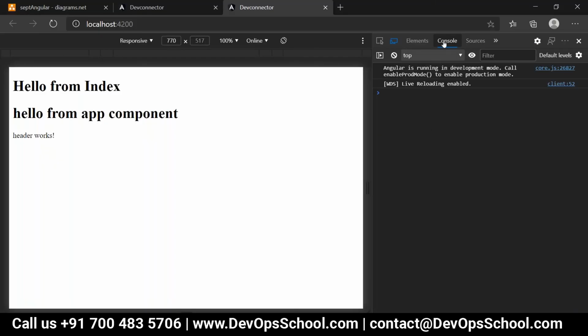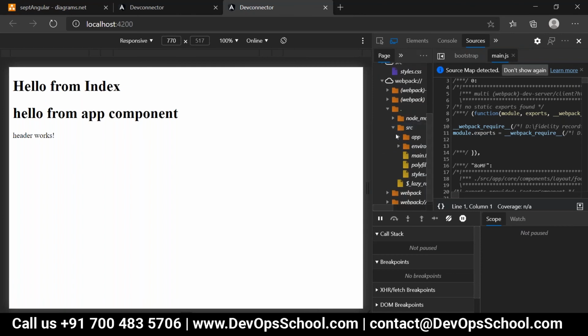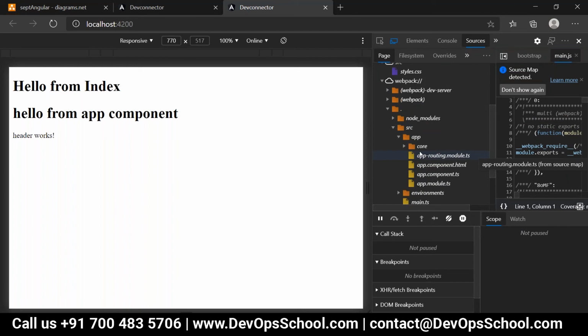Okay. Now, people, one more thing. Where are the sources? SRC, not Webpack, dot SRC. I'll expand the app. Now, people, are you able to see the core module now?